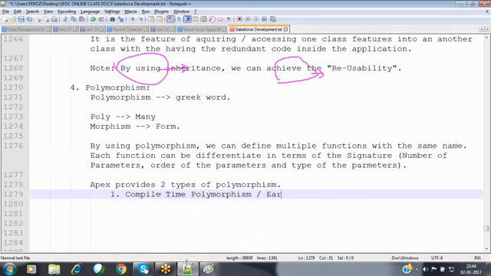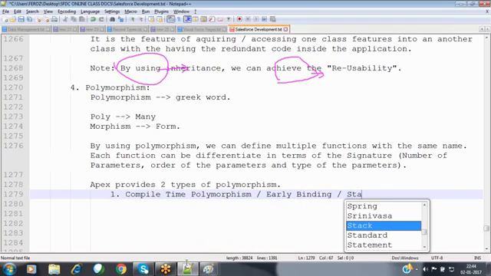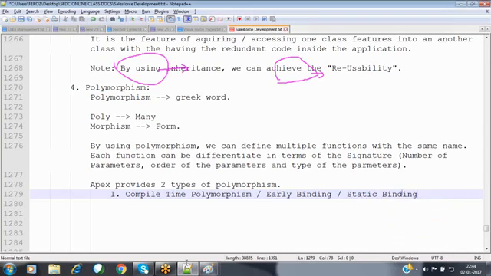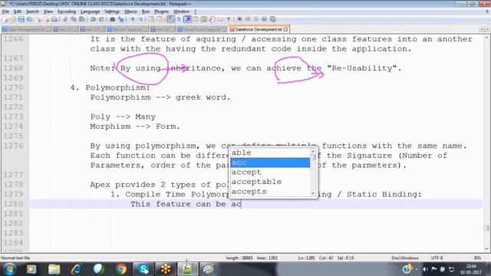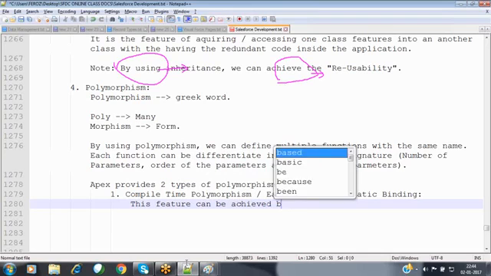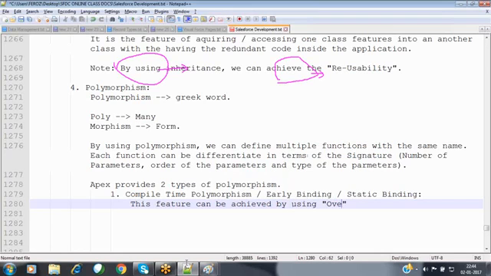This is also called early binding, or static binding. Compile time polymorphism can be achieved by using overloading.